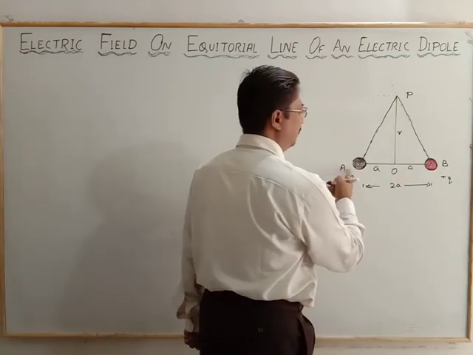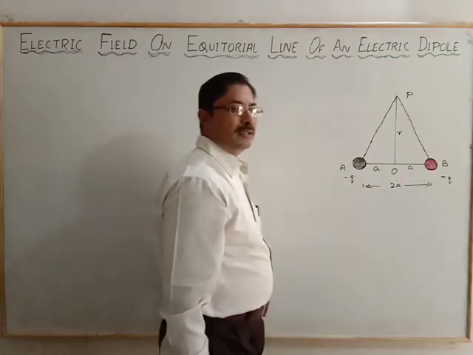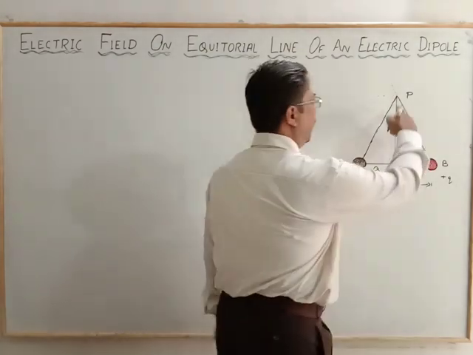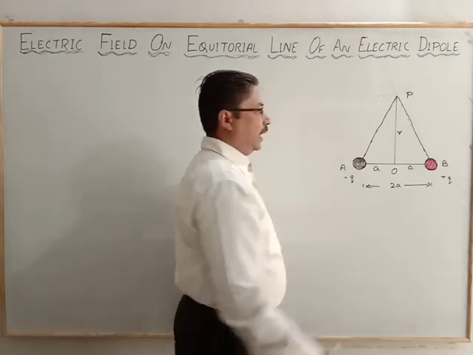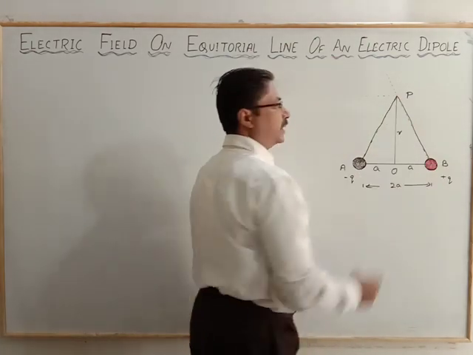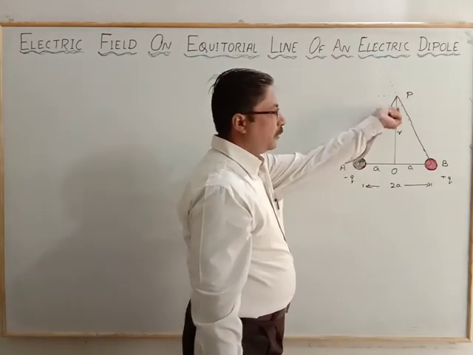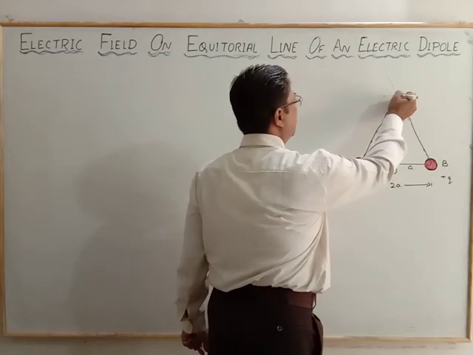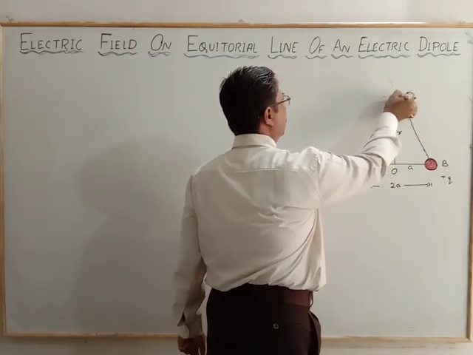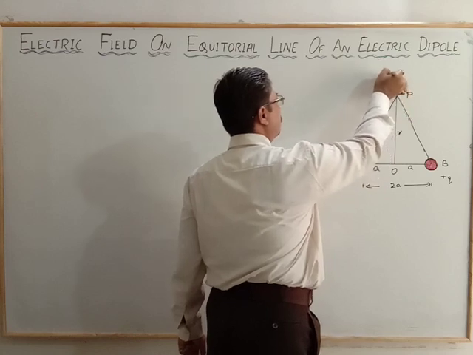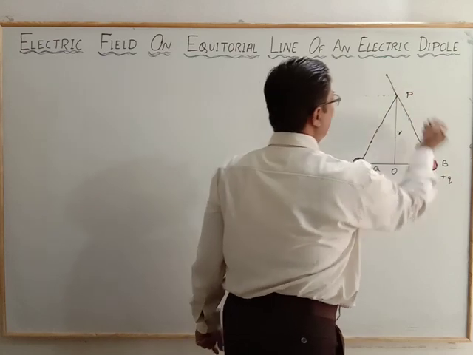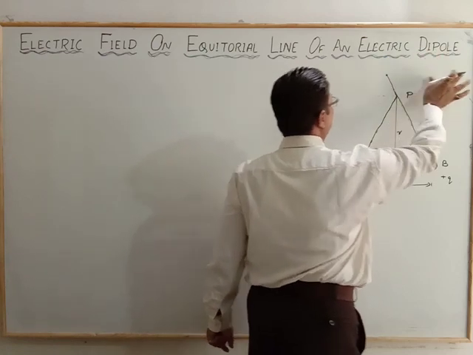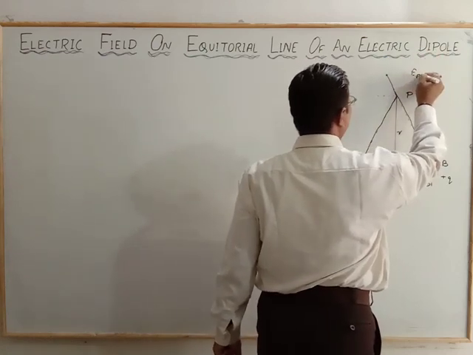Now, where is the electric field? Due to this negative charge and this positive charge, let's suppose some unit positive test charge is at point P, and that unit positive charge will move away from the positive charge. So the direction of the electric field here is outward, and let the electric field direction be represented here as the EB vector.